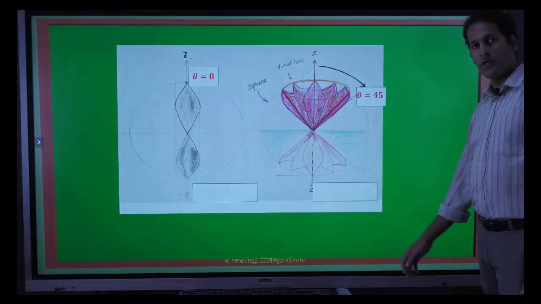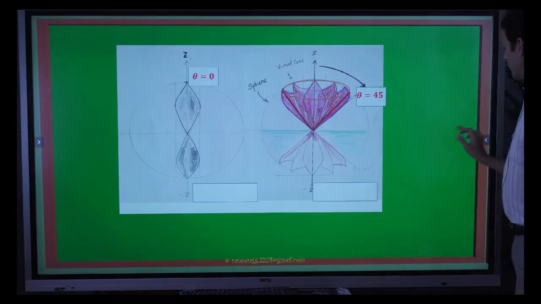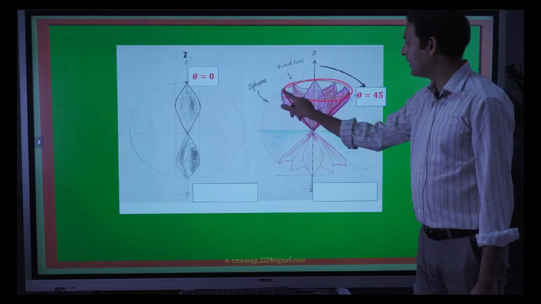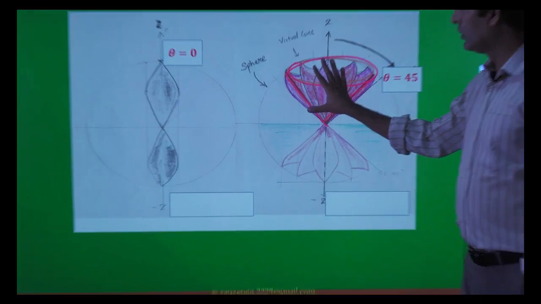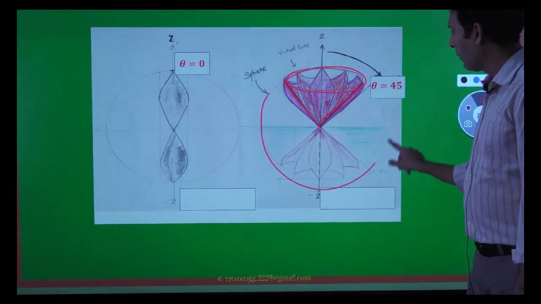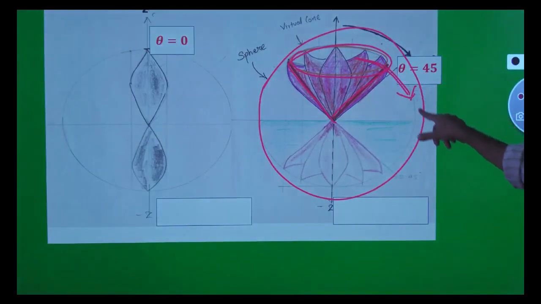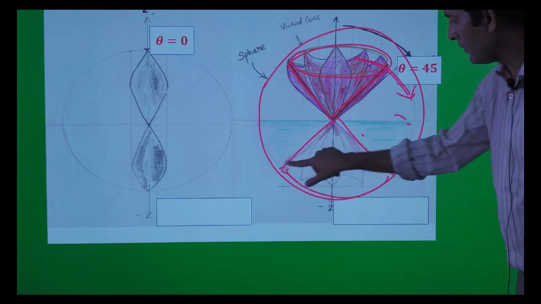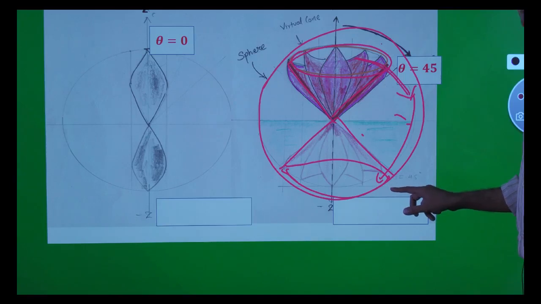Now here is one more approach for understanding the angle theta. Imagine there is a flower on the surface of water, and this shape can be resembled with a conical shape, a virtual cone out of the virtual sphere. Here you can see this angle is changing from the z axis, and if we consider the reflection of this plane also, then this angle will continue from the z axis.